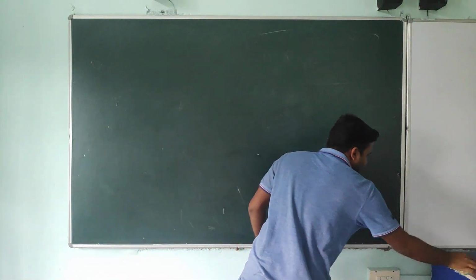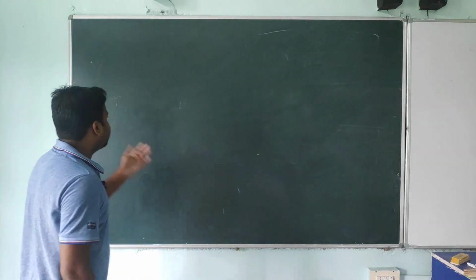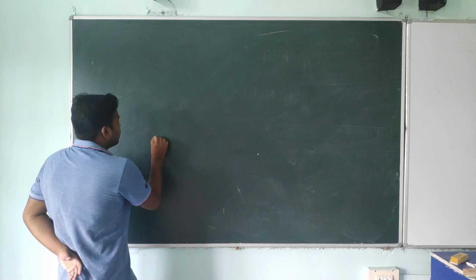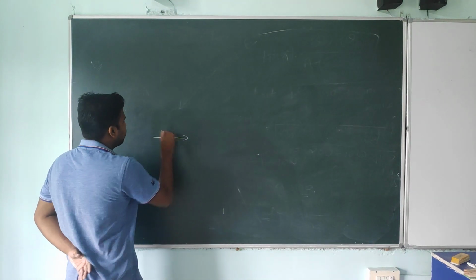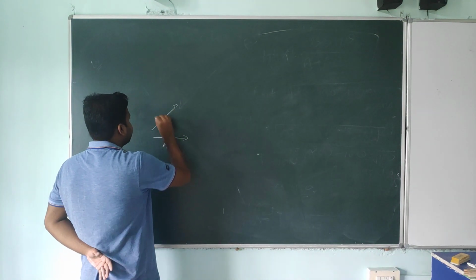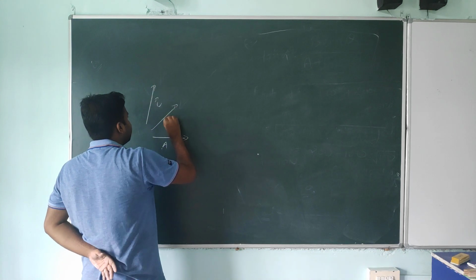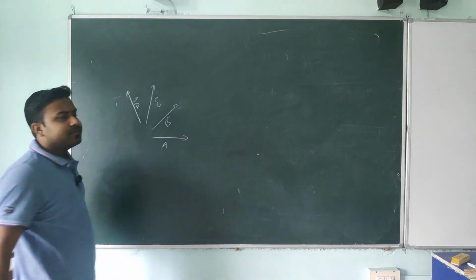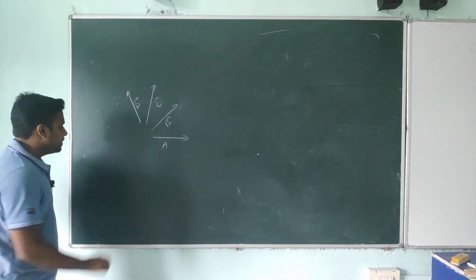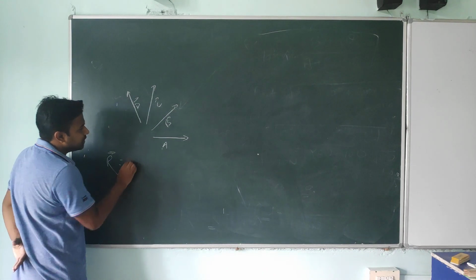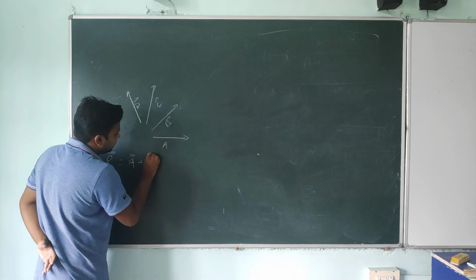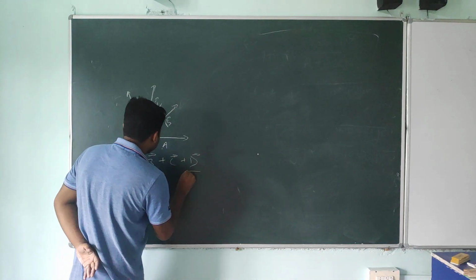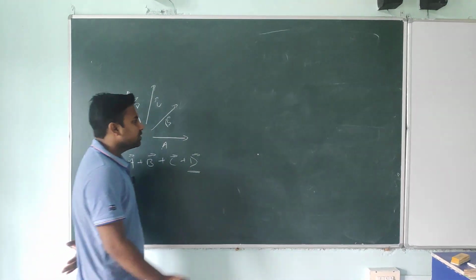Okay students, the addition part I have already covered. Now look at this, how to add two or more than two vectors. Look here, if we have a vector A, this one is the B vector, this one is the C vector, and here this one is the D vector. If you want to add A plus B plus C plus D, it means you want the resultant vector. How will you calculate it? Look at this.